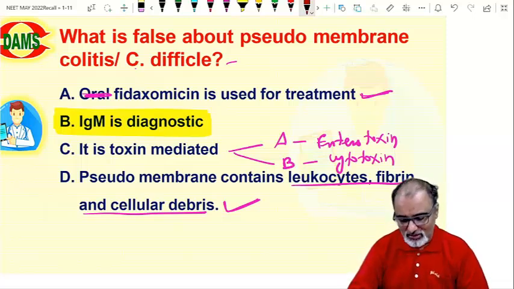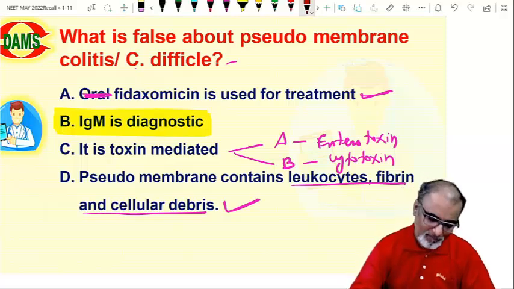Gold standard is culture. You can go for PCR of toxin gene, demonstration of toxin. These are all helping in diagnosis. Next is